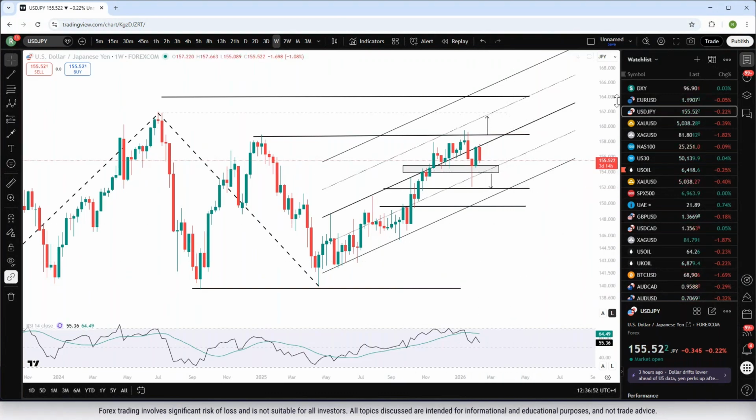Now, also in line with the wick demonstrated on the DXY and the euro dollar, we also have that extended weekly wick on the dollar yen that bears did not manage to hold or keep their grounds in all the way down towards the 151.80 to close back above that critical support level that has been intact on the charts all across 2026 and since December 2025. So over here, looking at the price action, we're at the upper end of a channel respected since the lows